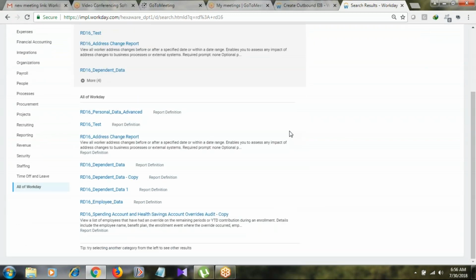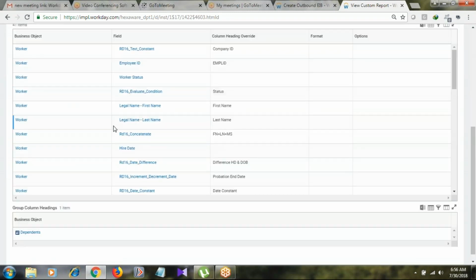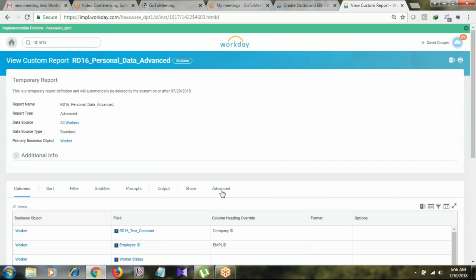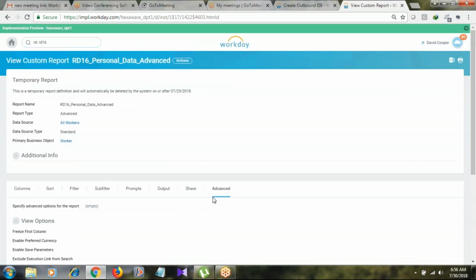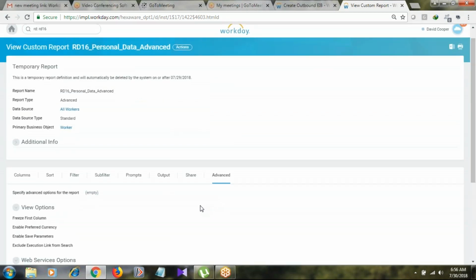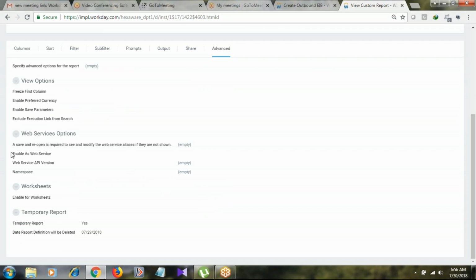Let me select this one. In the advanced tab, we have the Enable as Web Service option here.